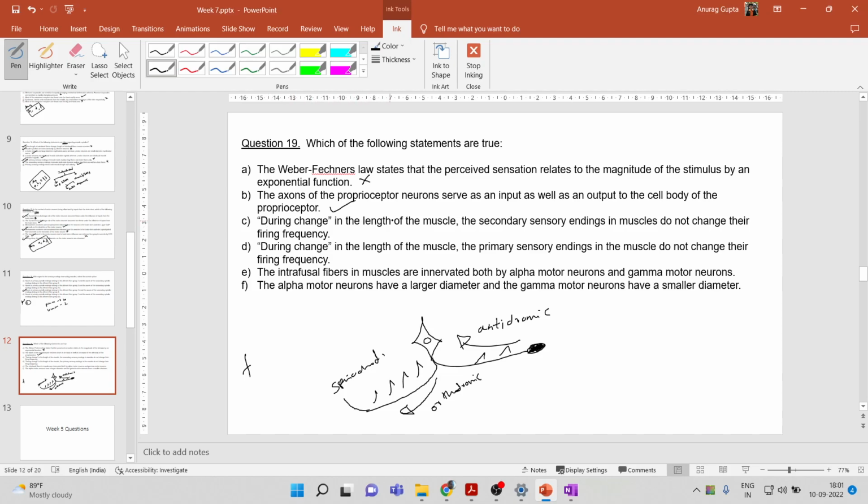C, during change in the length of the muscle, the secondary sensory endings in the muscle do not change their firing frequency. Yes, that is because, let us just assume that this is the length of the muscle. So this is a stretch that is happening in the muscle. So there is some sort of action potential here,